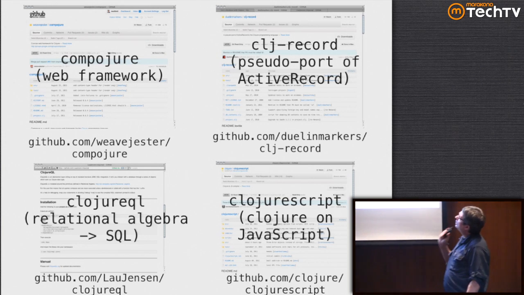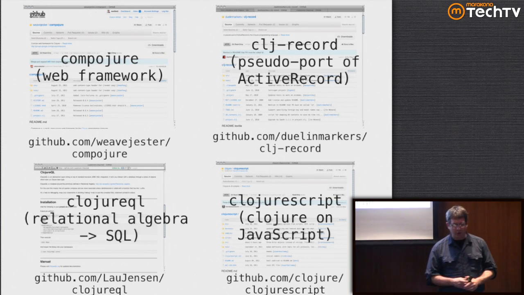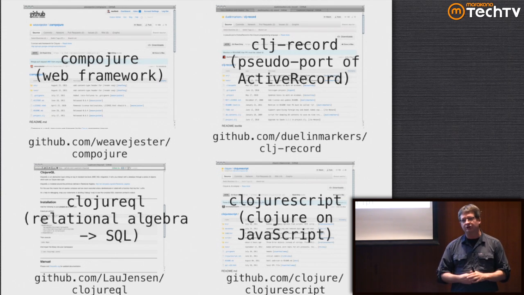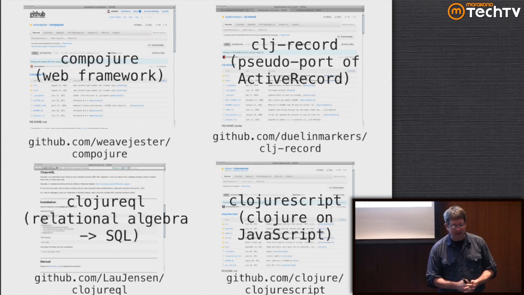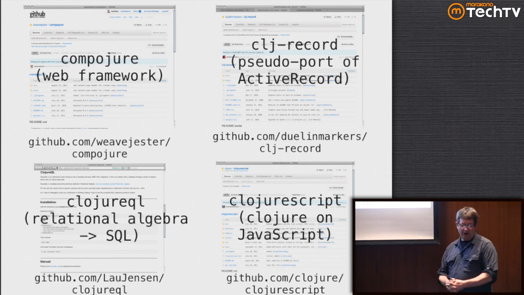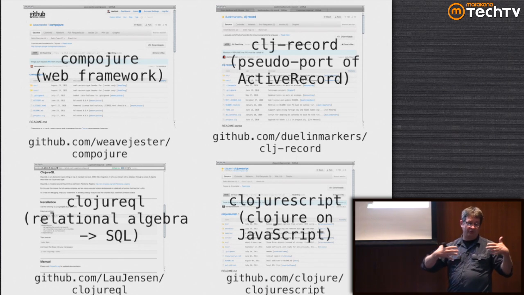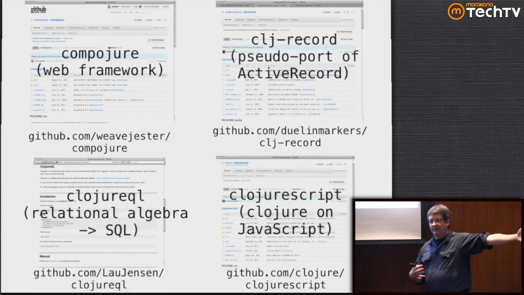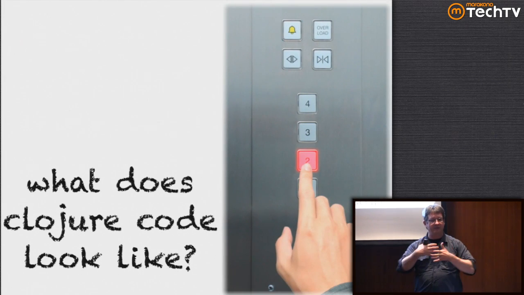There's also ClojureScript, which is Clojure implemented in JavaScript. So they've actually written a Clojure compiler targeting JavaScript, and you can run Clojure code on top of JavaScript using a couple of key libraries like the Closure library from Google. It doesn't support everything because there's some things that JavaScript can't support, like the software transactional memory stuff, but all the syntax is supported, so there's a really nice opportunity here for people to write the same code on the back end and the same code on the front end and pass data structures back and forth because you've got Clojure on both the browser and the server side.